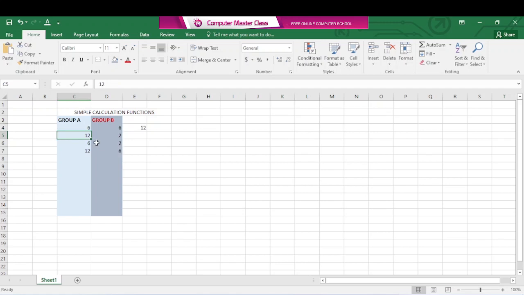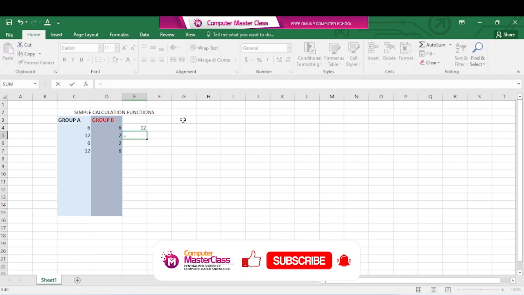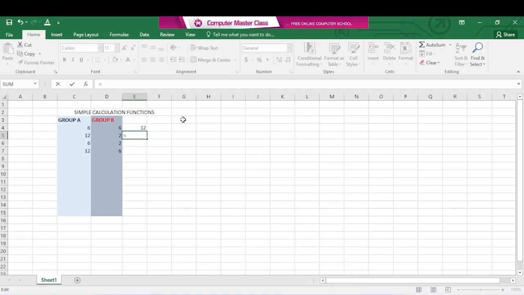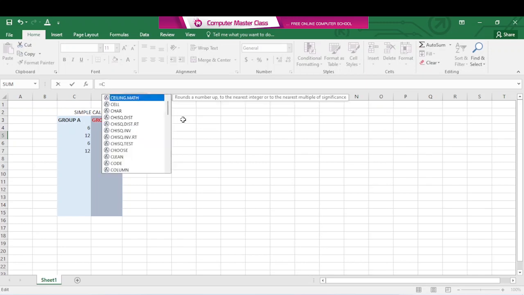So let's create another function, division. So how do we create division? I'll say this cell divided by this cell. What we are going to do is the same thing. I can either select the cell and start typing, or I can select the cell and go to my formula bar and say equal to C5